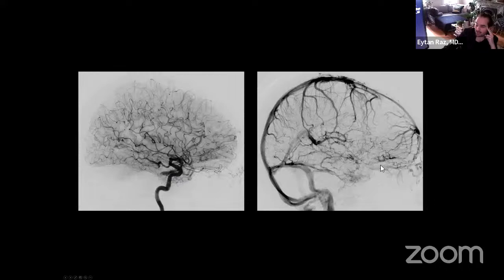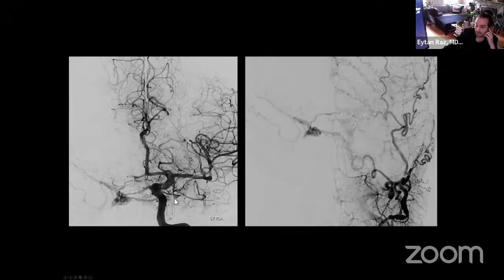So that certainly can be a route, and I'll show you a case next of an approach that way. But this is a challenging case, because how do you get there? Again, can we try an inferior petrosal sinus? Maybe. This is a contralateral injection, again showing the venous outflow better. Injection from the left ICA, from the left external, and